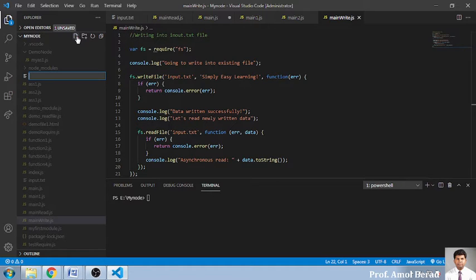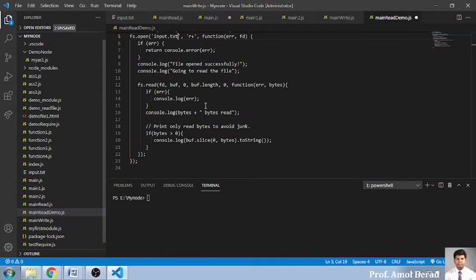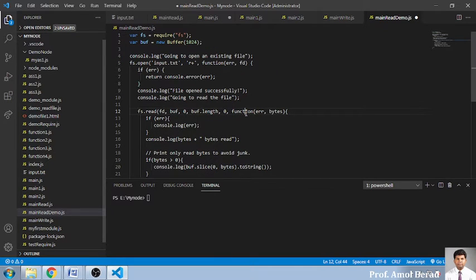So this is opened, and I'm pasting it here. I'm saving the file. Whenever it has been saved in your Node.js studio, the colors will change. So now it is actually saved in your system.